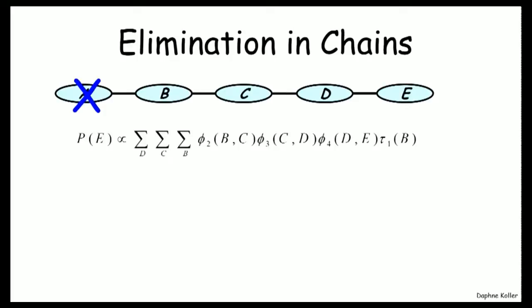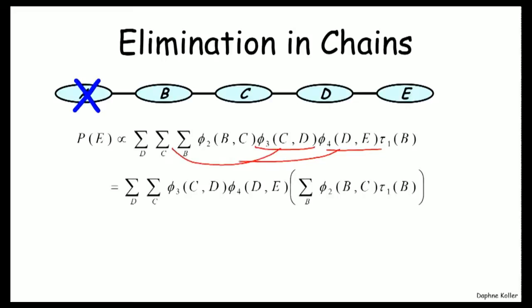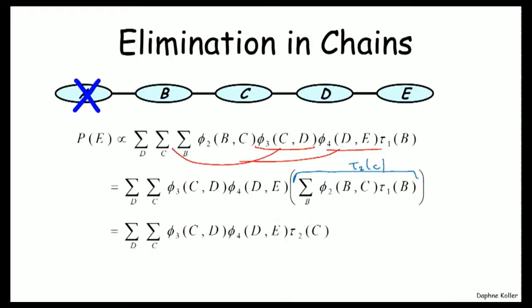We now have this product of 4 factors, and once again we can look at which factors involve the variable B and which ones don't, and the ones that don't can be moved out of the summation just as before, giving us this, where now we have an expression which is a product of these 2 factors summed out over B, and this is going to give us an expression tau 2 whose scope is C. And so we now have an expression that does not involve the variable B,